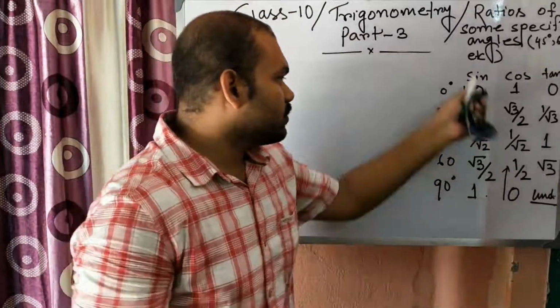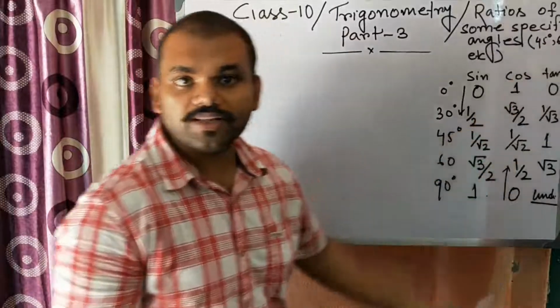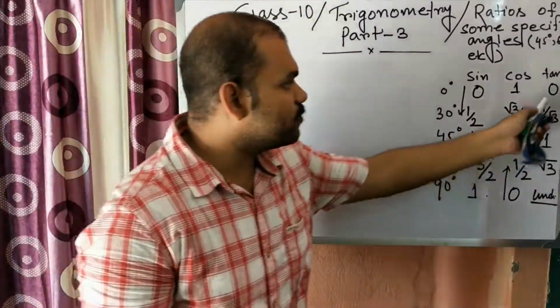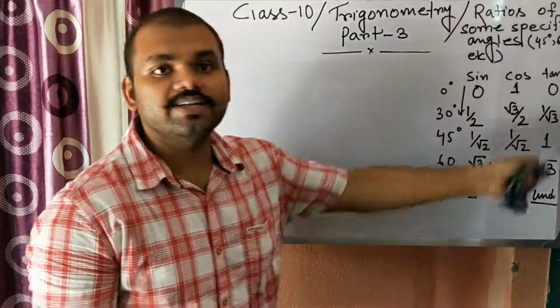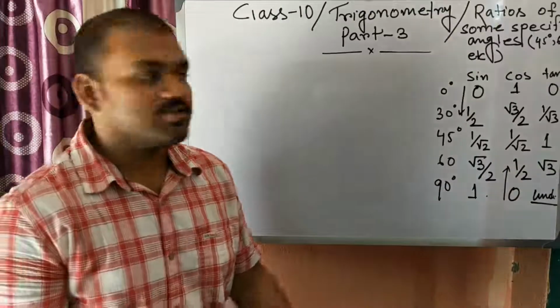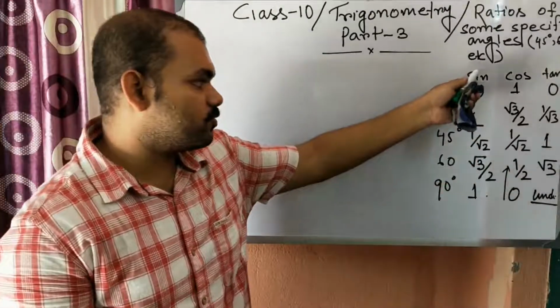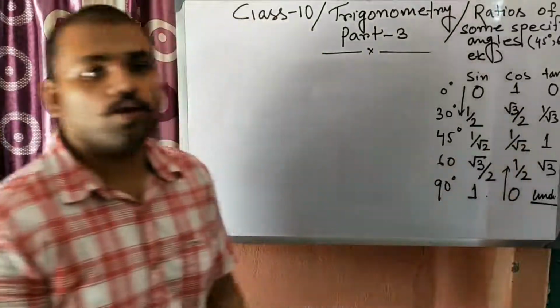Okay, so if you only remember this, then you can also remember this, and it is very easy to remember, because if you know the values of sine and cos, just divide sine by cos and you will get the values of tan. Okay, so it is very easy to remember. You need to remember only the sine and you will automatically remember all those things.